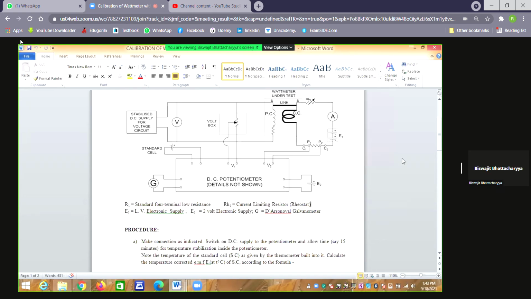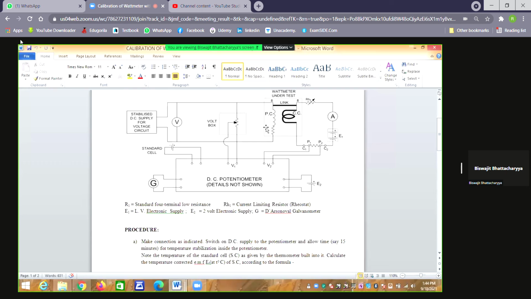Okay, I am giving you the answer. See, so we know in the current coil side, this other node is having a voltage around few millivolt higher or lower compared to this node, the link node voltage. Okay. Now what's about the pressure coil?